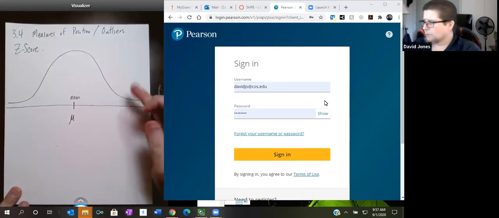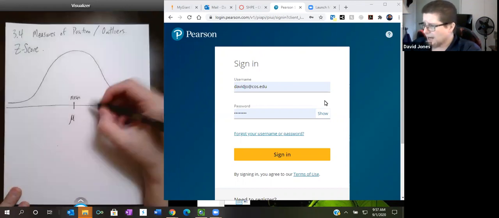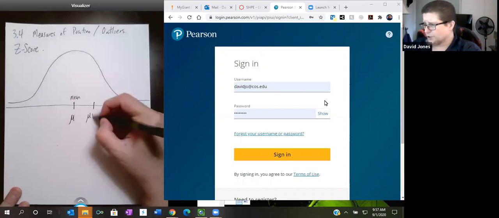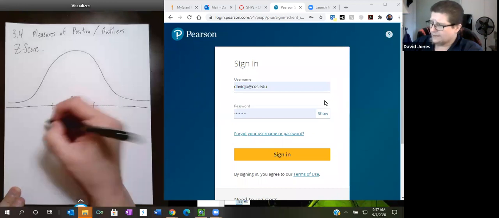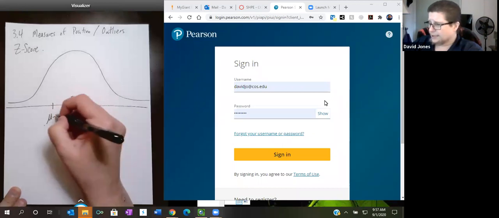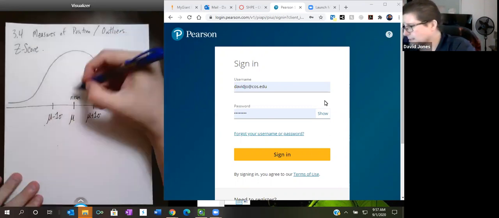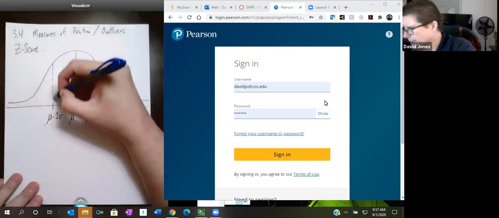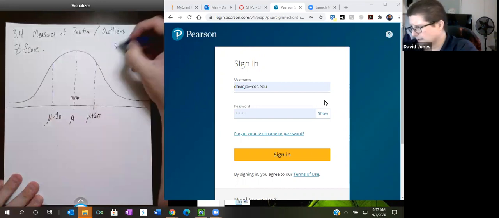And remember in 3.2 we talked about standard deviation. If we go right one deviation, this is mu plus 1 sigma. If I go left one deviation, I've got mu minus 1 sigma. And if I look at this on a standard bell curve,